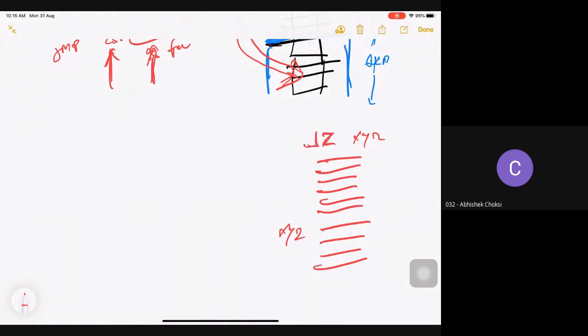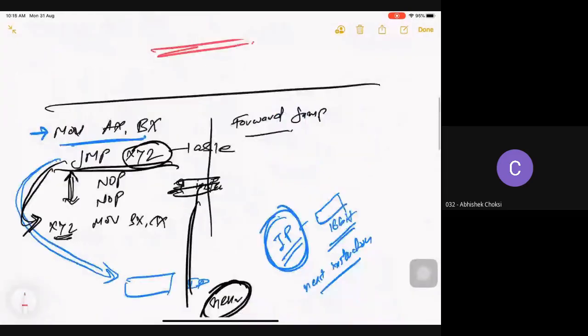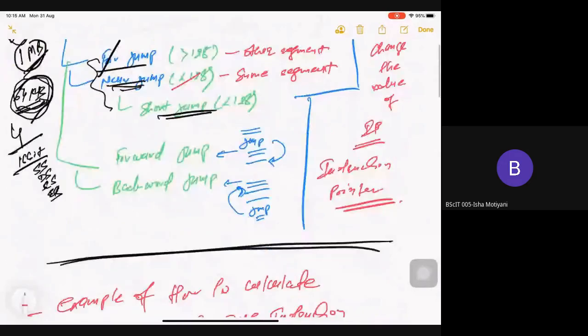So if the output of this instruction is 0 and my zero flag is set, then this will jump to XYZ. Otherwise, it will go to the next line. This is how your conditional jump works. Clear? So this much is clear, I hope.